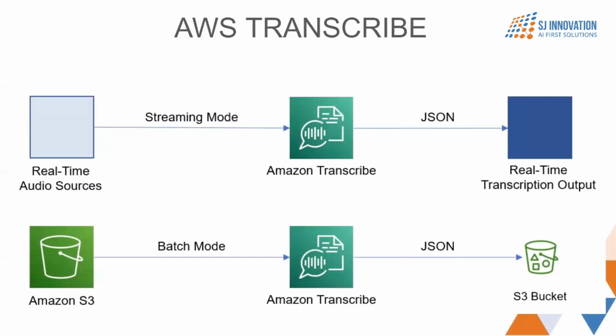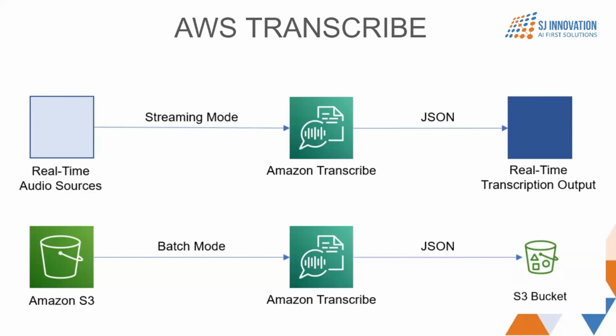It is available in two modes, batch mode and streaming mode. Let's suppose you have a file, let's say an audio file or a movie, and you want to create a transcription of it. Transcription basically means whatever you convert from speech to text. If you want to generate captions for a particular movie or video, you will simply feed the video file or audio file to Amazon Transcribe using the batch mode. And once the job is complete, AWS Transcribe will dump the result, meaning the file which contains the transcripts, in S3. That is the batch mode.